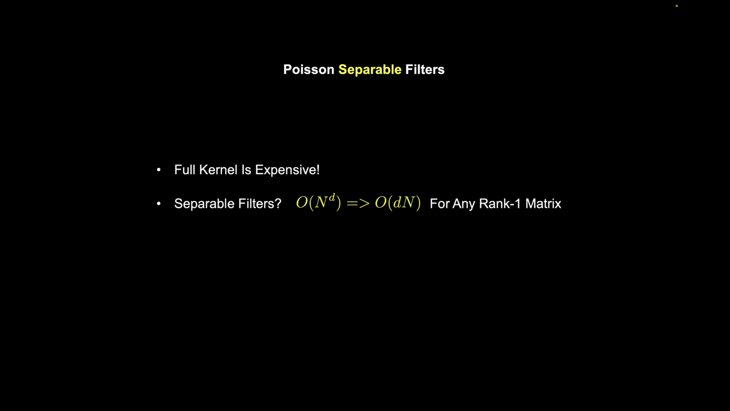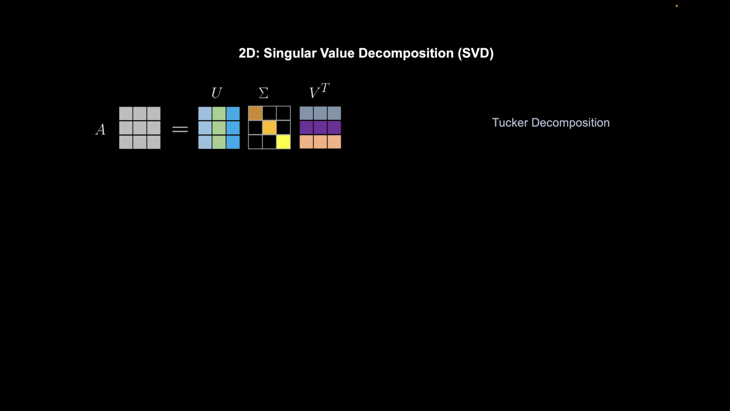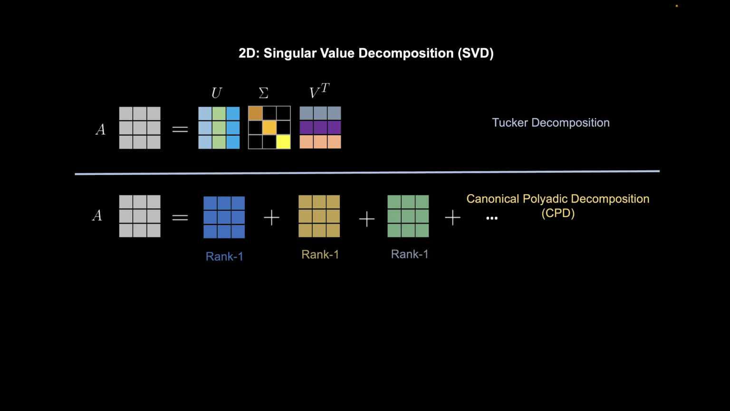This turns the O(N^d) complexity into a linear complexity for any rank 1 matrix, but we can easily see our Poisson kernel is not rank 1. This makes us think of a kernel reduction technique to reduce it to rank 1. To do this, we can perform singular value decomposition. While a more familiar decomposition gives three matrices U, sigma, and V transpose, we can instead see it from a different angle, that is, canonical polyadic decomposition, or CPD for short, which is expressing the matrix as a sum of